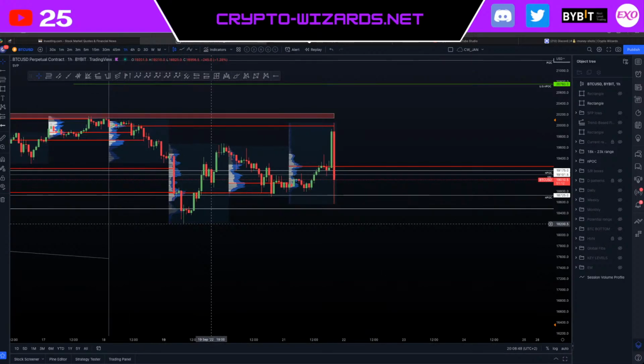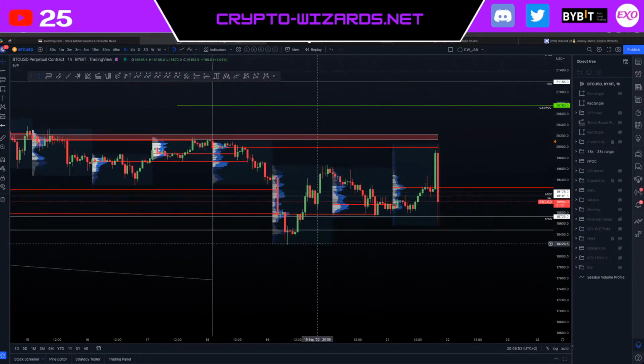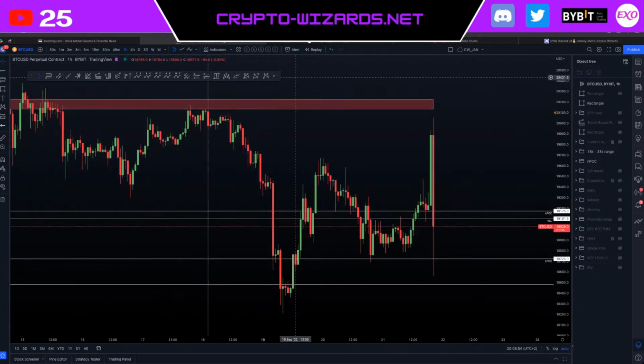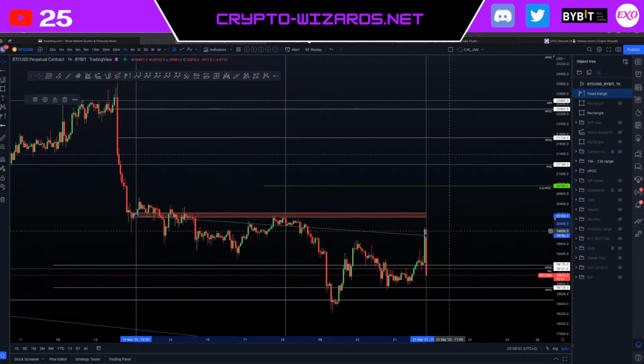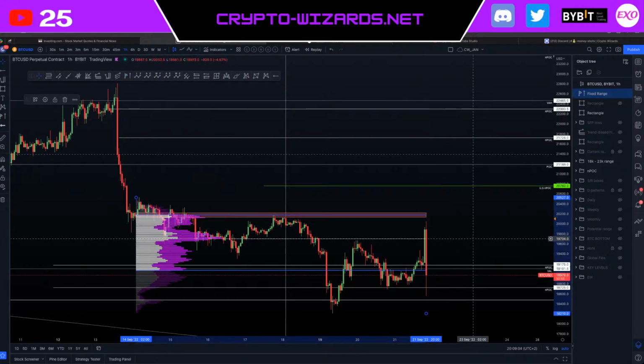Anyway, this is a place where we have some liquidity. Once we get the SFP, then I'll be looking higher. To what levels? If we get the SFP, then definitely take profit number one must be at the POC of this range. So give or take 19,700, this must be the TP1.